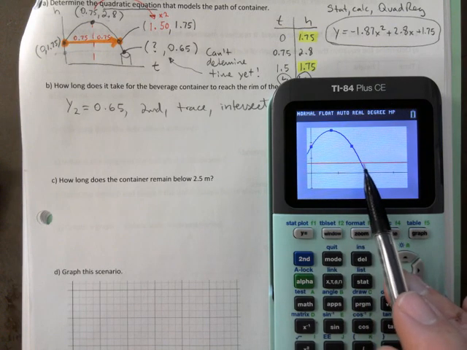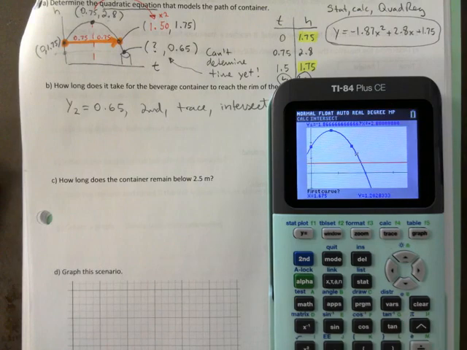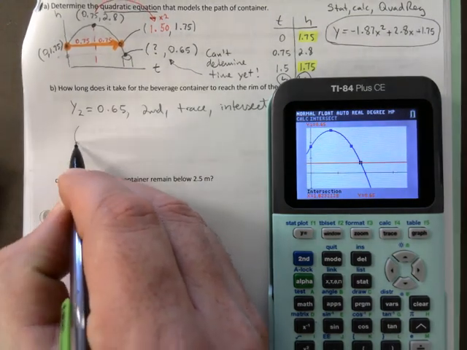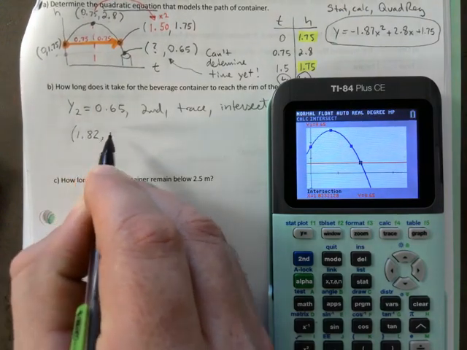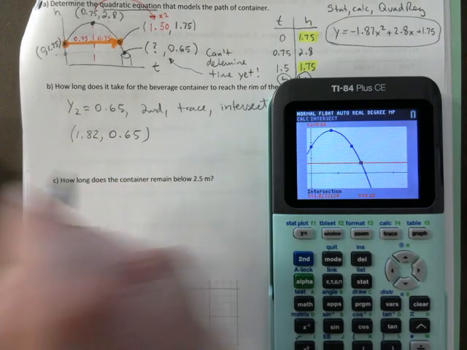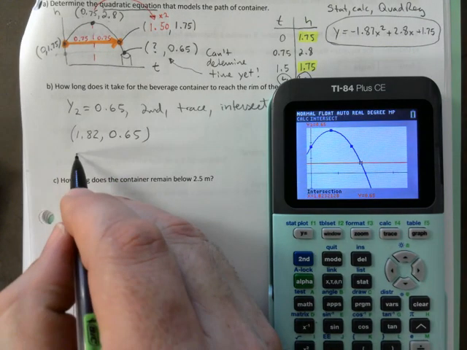So I know that the height is right there. I just want to know the x value now, which is going to give me the time. Enter, enter, enter. You get 1.82, 0.65. You're not going to subtract or do anything with it. You just want to know the value, right? It takes